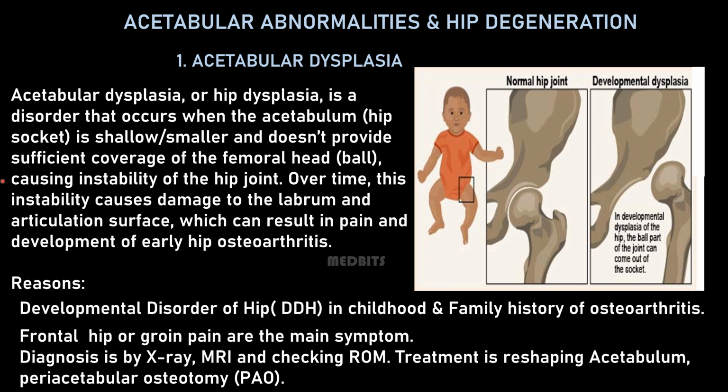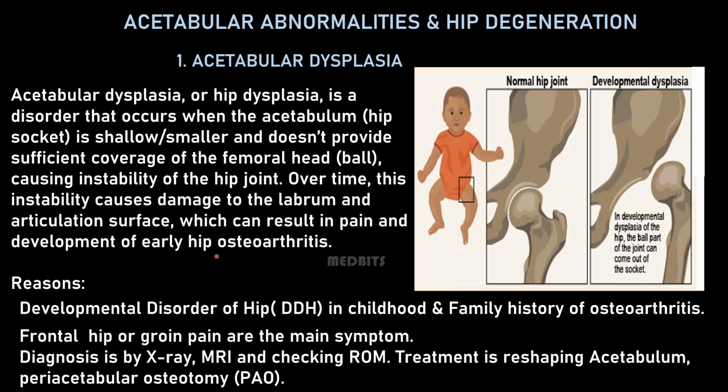Acetabular dysplasia, or hip dysplasia, is the disorder that occurs when the acetabulum, which is the hip socket, is shallow or smaller. As you can see, there is low coverage; the head cannot properly sit in the socket and doesn't provide sufficient coverage of the femoral head, causing instability of the hip joint. Over time, this instability causes damage to the labrum and articulating surface, which can result in pain and development of early hip